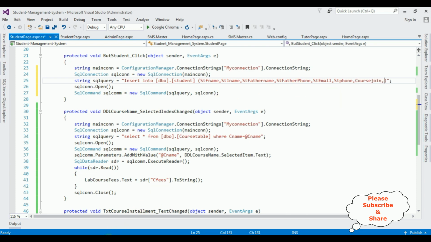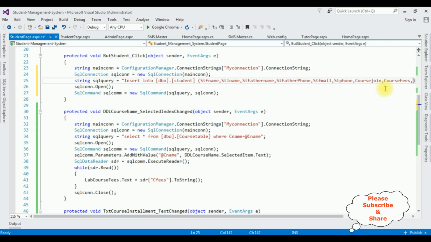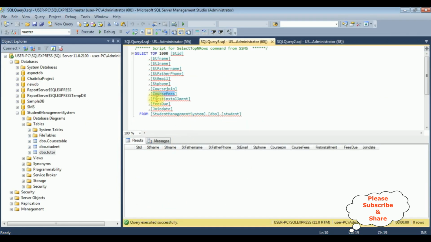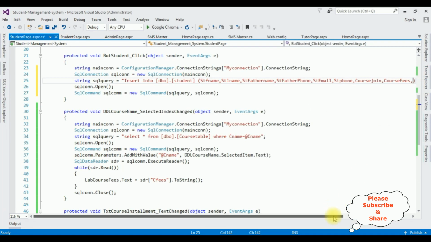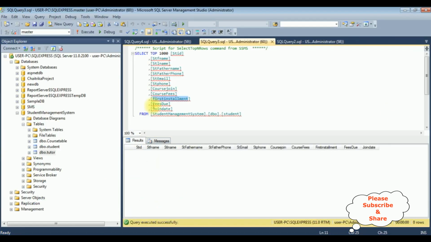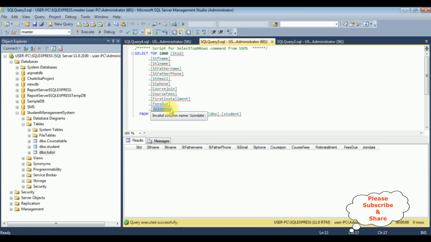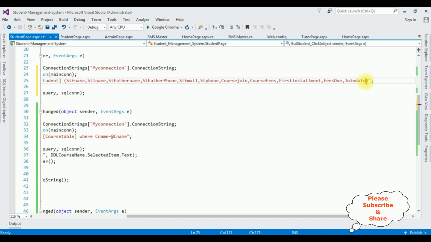comma, the course fees. Copy that one, the first installment, comma, fees due. Copy that one, copy, comma, and the last one is the join date, the last column, join date, and values,